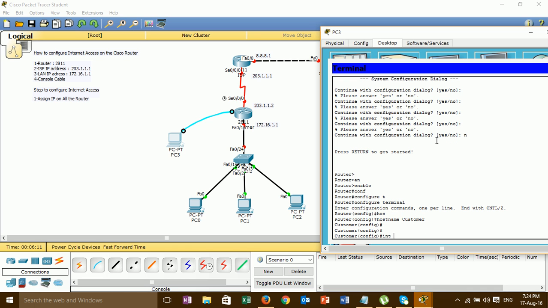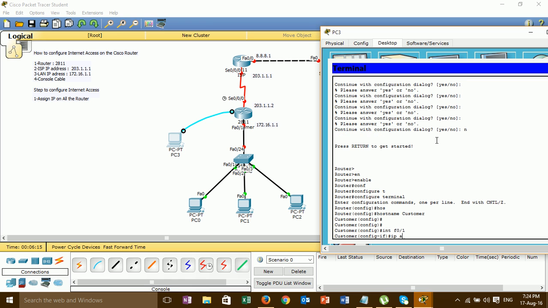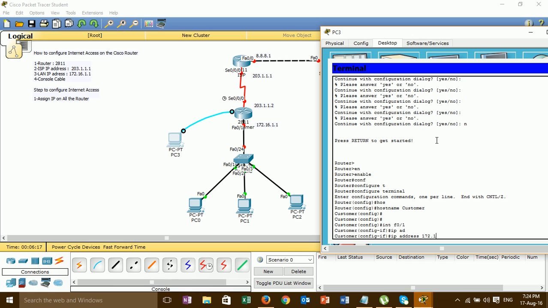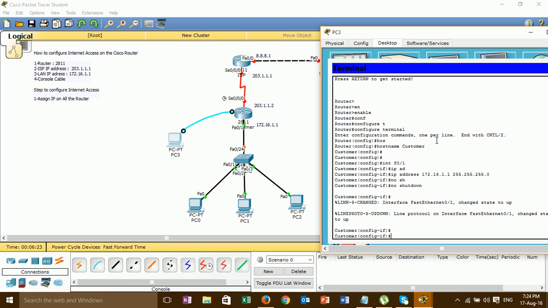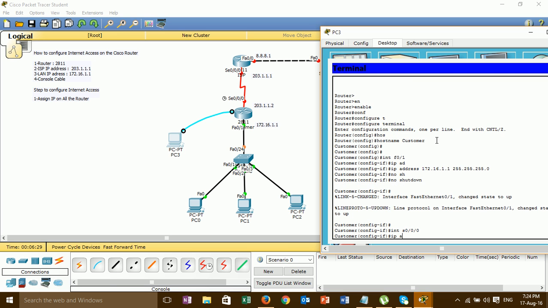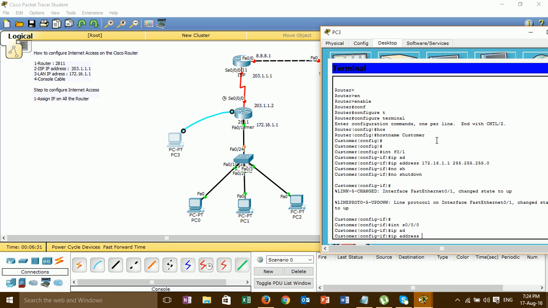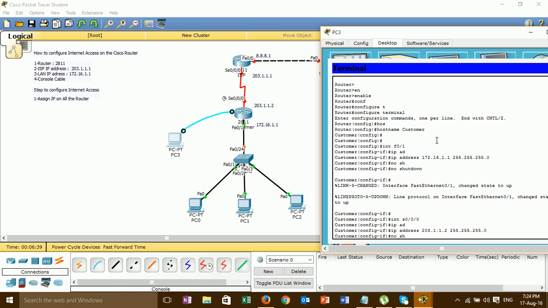Then go to interface FastEthernet0/1, IP address, no shutdown. Then I go to interface serial0/0/0, IP address, no shutdown.